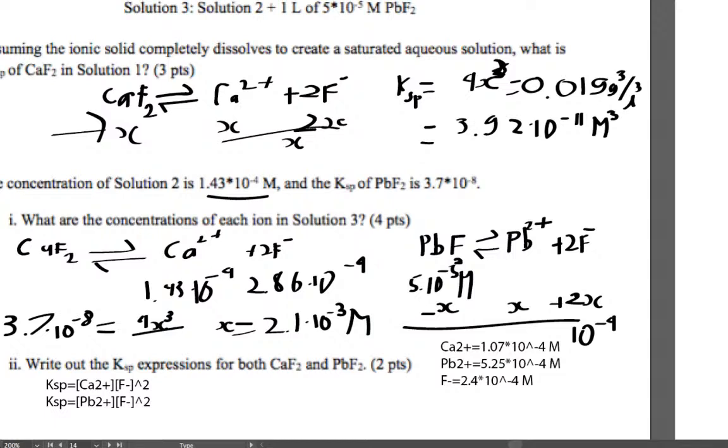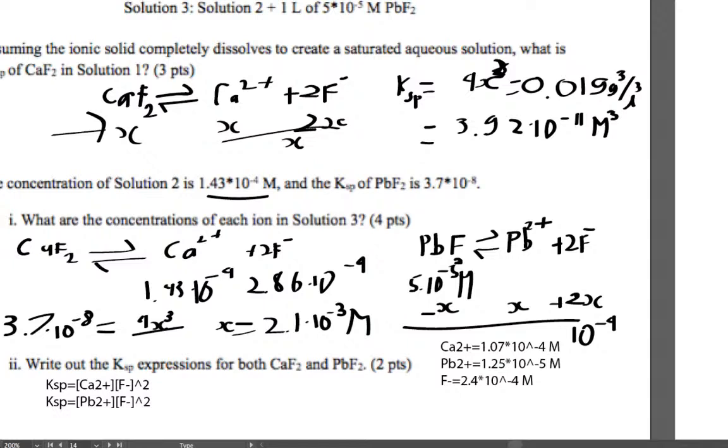But the concentration is, oh wait, no, sorry. It should be 5 times 10 to the power negative 5. Divided by that is 1.25 times 10 to the power negative 5. There we go. And so when you evaluate it, for the calcium and